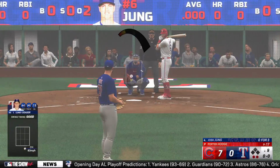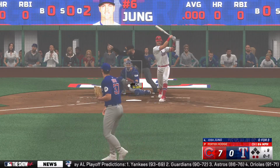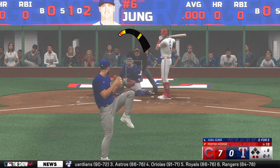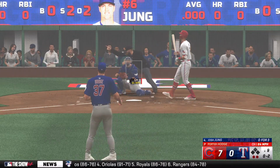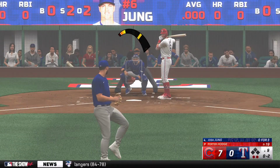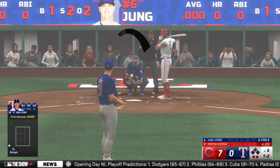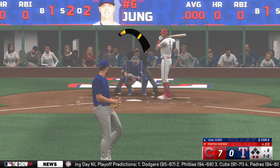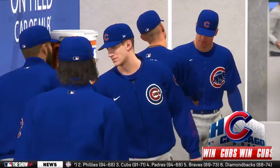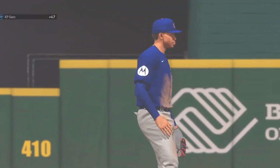Now Josh Young, 0 for 3 with 2 strikeouts and a ground out. Swing and a miss. Nice changeup. 0-1 is the count. And he takes a strike. The Cubbies up big in this one, here at the last half of inning number 9. That misses, and the count is 1-2. And that'll do it. So when you win by 7 runs, it's a real encouraging game all the way around. The hitters feel good about what they